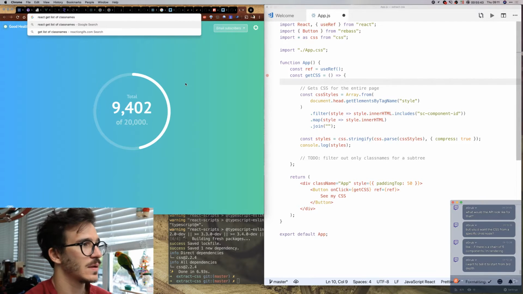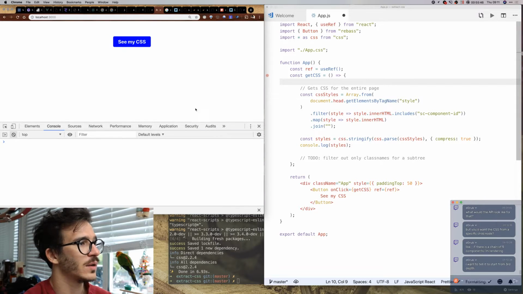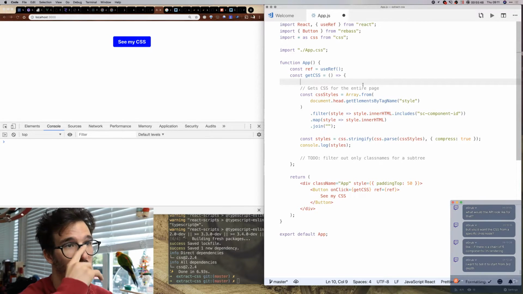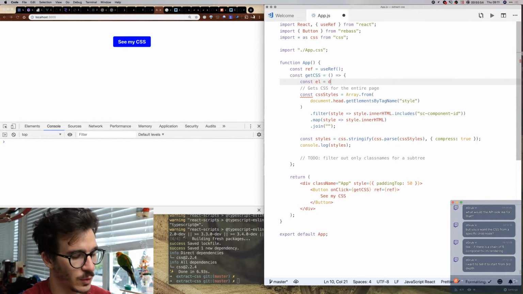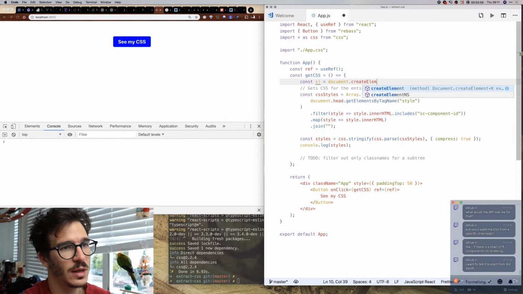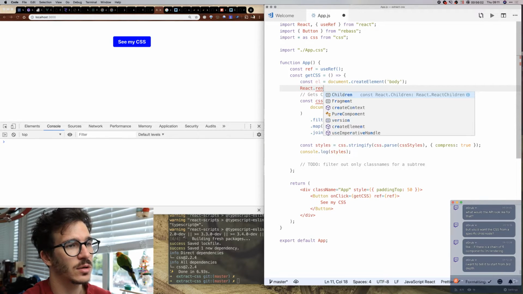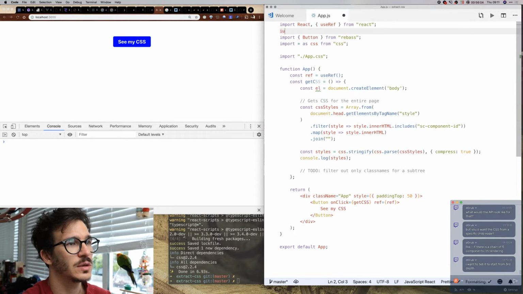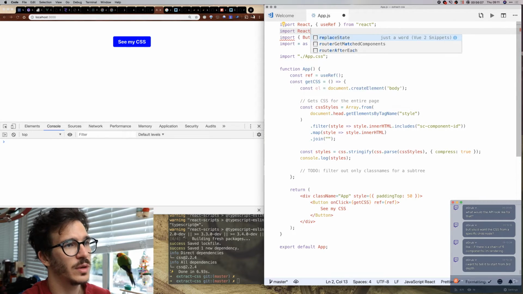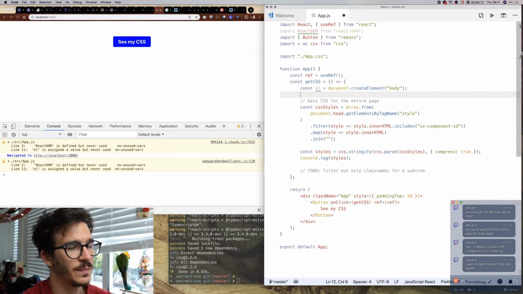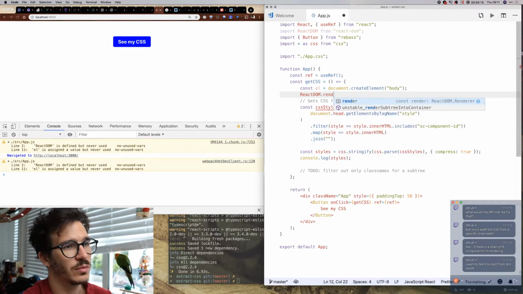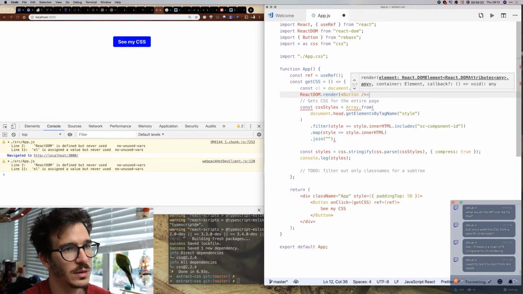and oh, I know what we can do. So I'm going to do this. Const element equals document.createElement. We're going to call it a body. Then we're going to say React.render or ReactDOM. So import ReactDOM from react-dom, and then we say ReactDOM.render button into our element, or